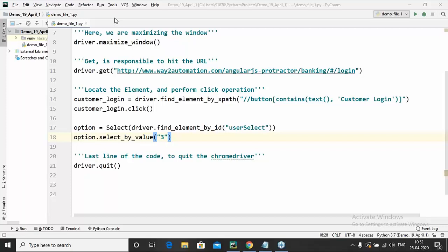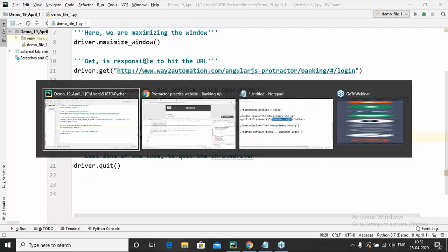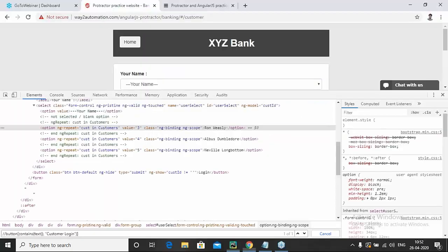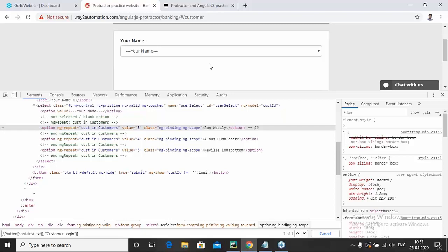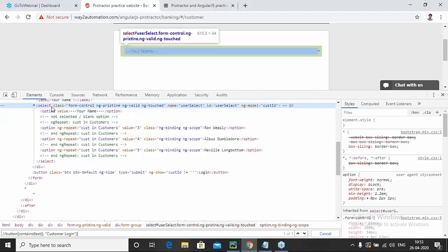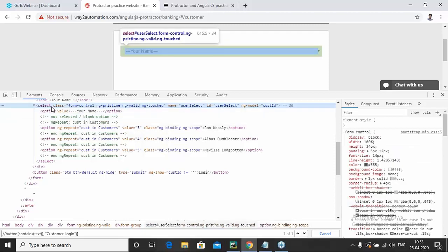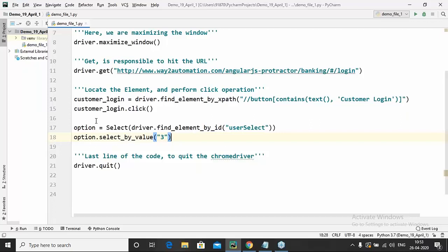Didn't understand the select which you added. Okay. See Raj, if you land on the web page, whatever drop downs you have, these drop downs come inside the select tag by default. Now to locate the elements inside a drop down, we have a function called Select inside Selenium. Select is the function which says I want to get an element.